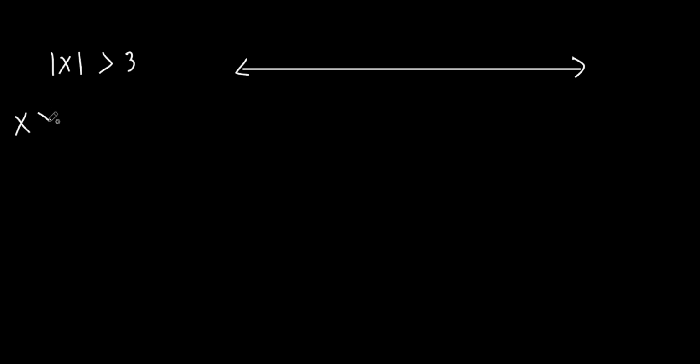Absolute value of x is greater than 3. So we've got to find all the values of x that make this a true statement. You could probably sit and think of a few numbers and put them in there, but it's not just one number. It's greater than, and do you remember what we did on that last lesson? We made one plus and one negative. So what does this mean? This means that x could be greater than 3, and x could be,